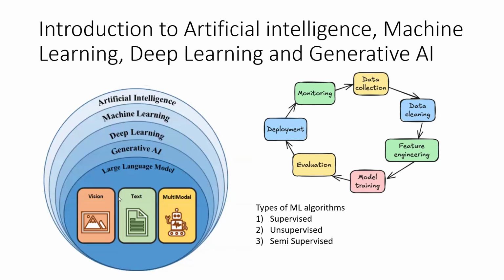All these tasks can be performed by using these pre-trained large language models. And these large language models can be either open source or paid models. If it is a paid model, then we need to make an API call to use the model. Whereas if it is open source, then you can download the model to your machine and use it. So these models are like plug and play, that is model as a service.